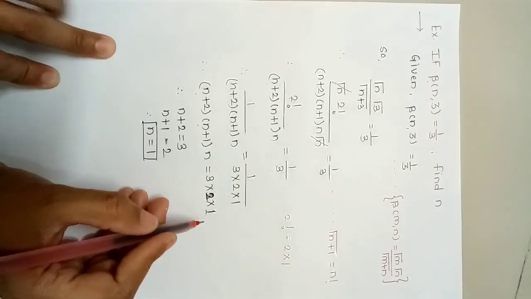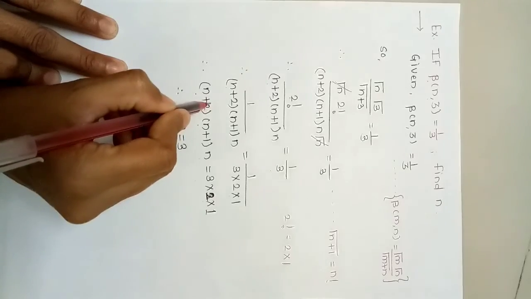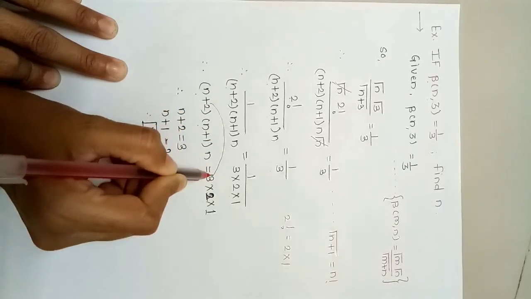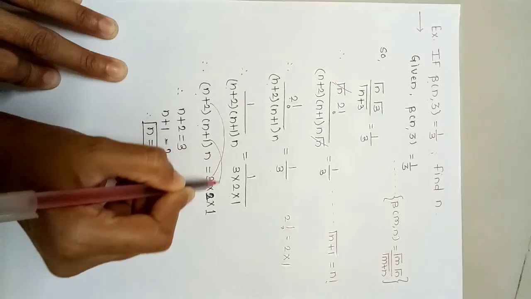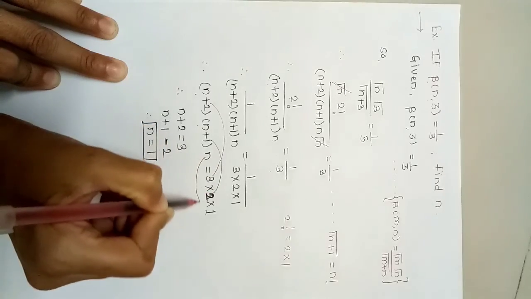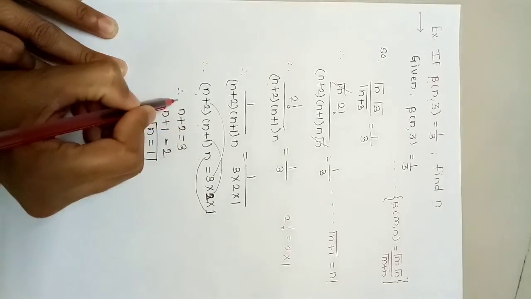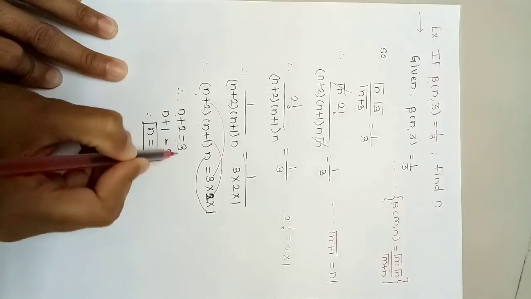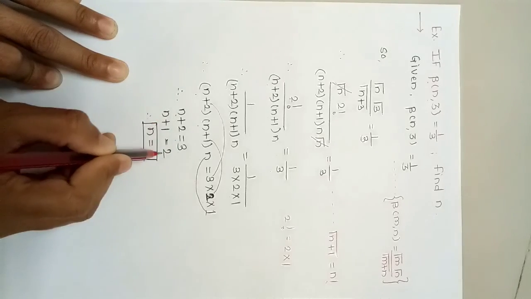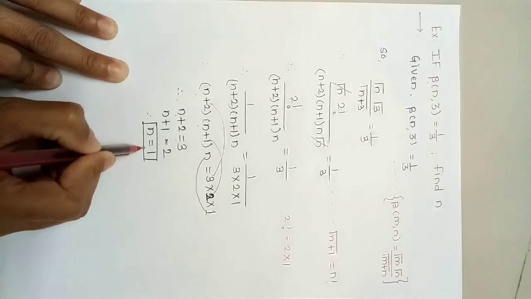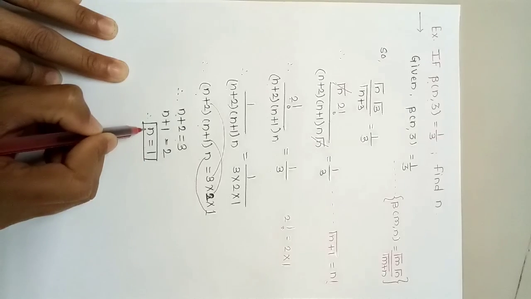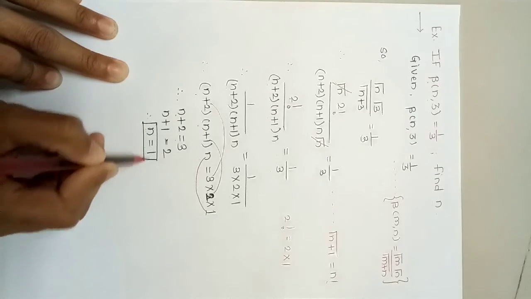See, we can compare: n plus 2 is equal to 3, then n plus 1 is equal to 2 and n is equal to 1. Therefore, n plus 2 is equal to 3, n plus 1 is equal to 2 and n is equal to 1. This is the value of